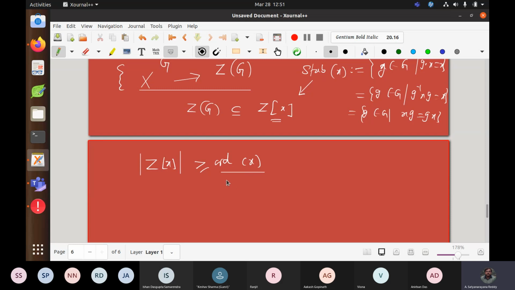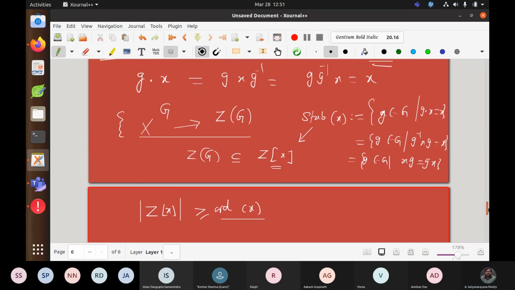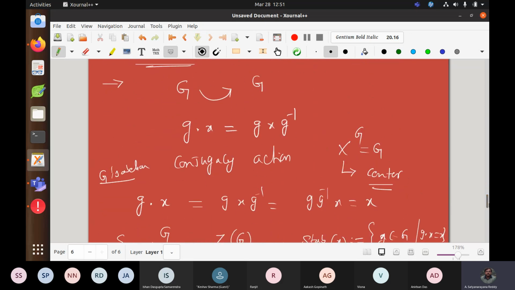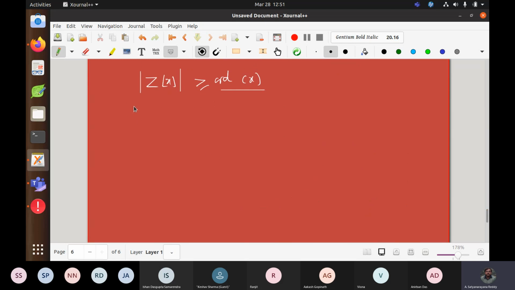Why at least 2? Later, in the conjugacy class equation, this will also be very useful, in particular when it is a group of prime order, where P divides the center of the group. So this conjugacy action is clear. What are the orbits and stabilizers? What is the orbit of E under this conjugacy action?